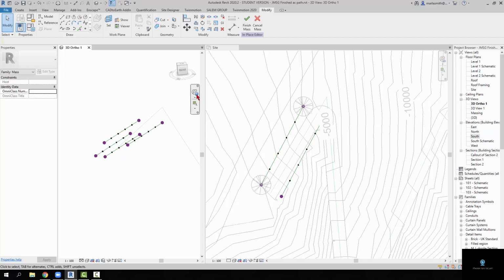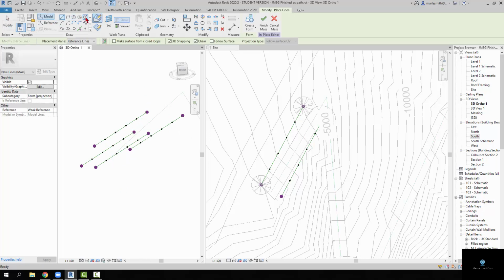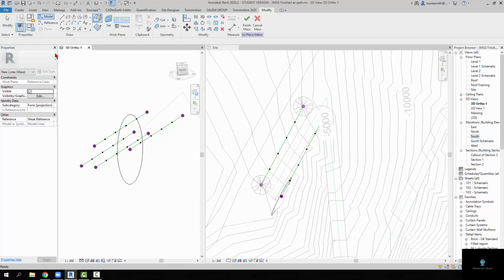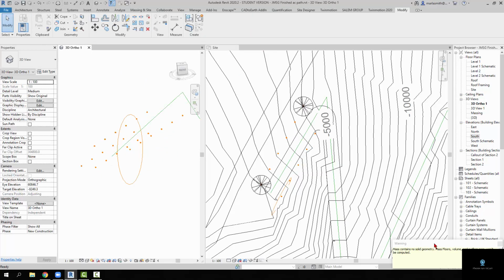Now I actually want to place something that I can see when I go to finish the mass, and I usually will do that in case I forget. But if you do a model like a circle, just like that. Now I'm going to finish this mass, and when I come back we'll place a component on there. But if I hit finish, right,